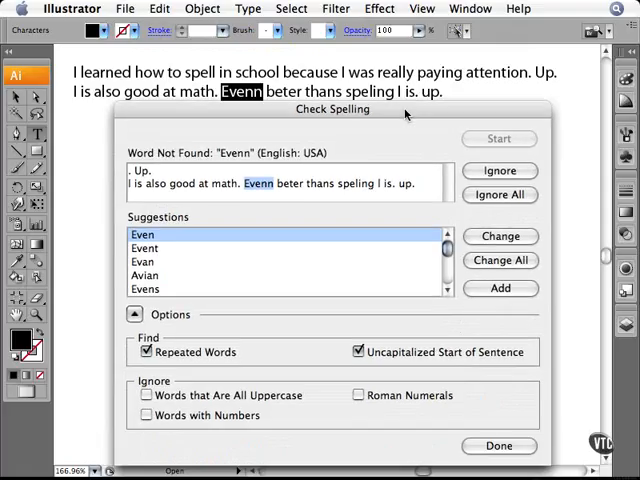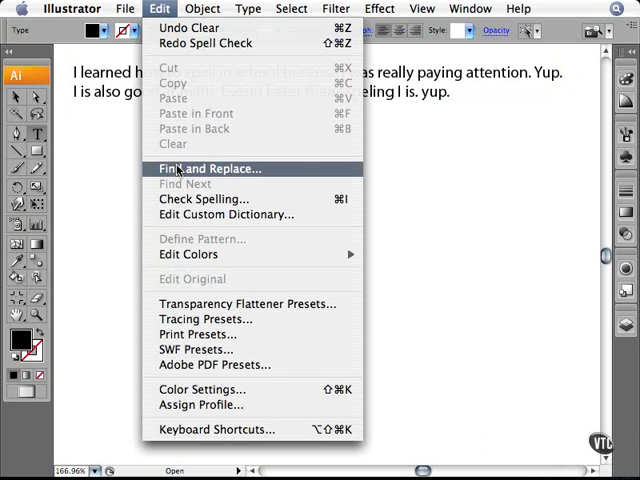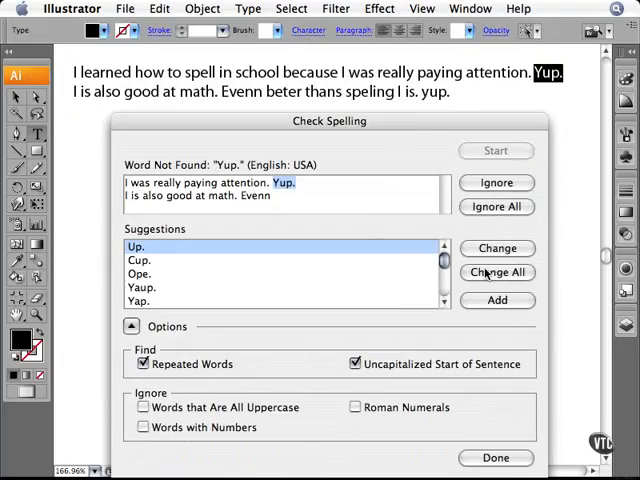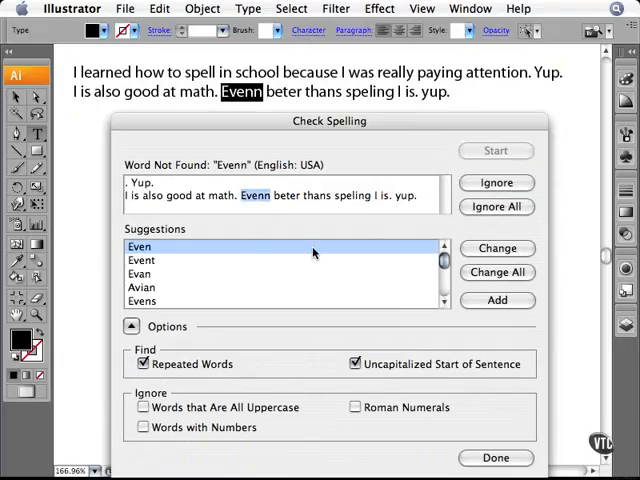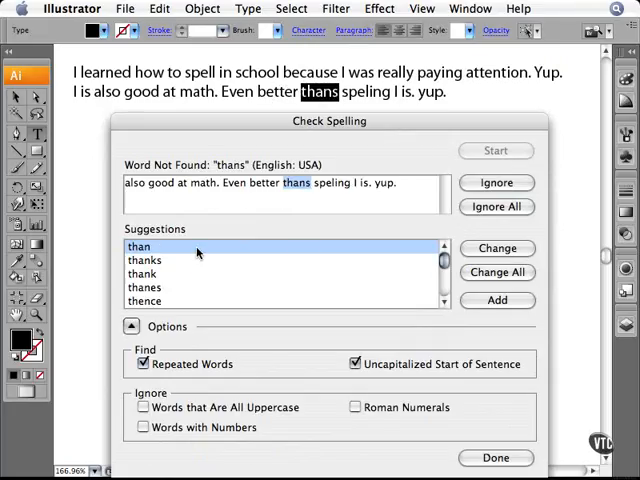I can also, by the way, if I mess up, leave the spell checker and press Command or Control Z to undo. As you see, I accidentally changed my word yup. I didn't want to do that. So once again, I can go back to my spell checker again and continue. I'm going to ignore all. And I'm going to fix this word and this one as well. And then when I'm finally done,